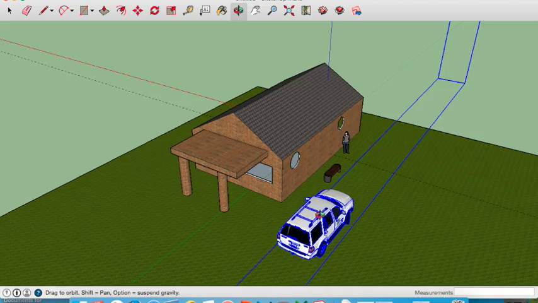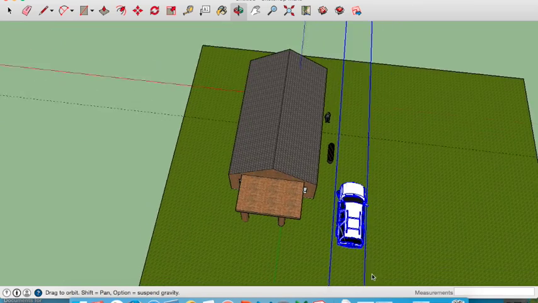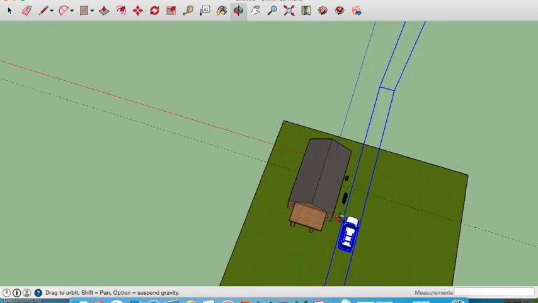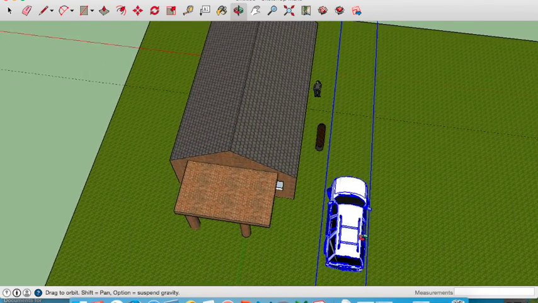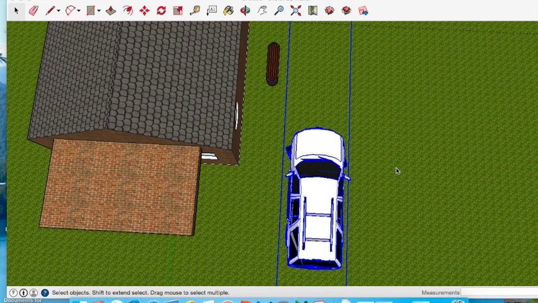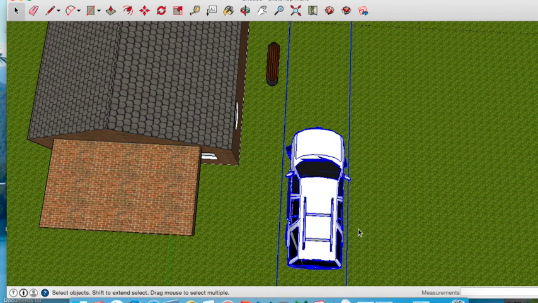Okay. I'm going to orbit up, so I'm looking down on this car or truck. Remember, if you ever have a hard time seeing it, feel free to zoom out really far. It's a lot easier to zoom back in. So we have our car on the lawn, and remember, if you want to resize it, you just click on it, you press the S on your keyboard, and you can resize it. If you want to move it, you press M, and if you want to rotate it, so say I want it facing the other way, I'm going to click on these two arrows to rotate,